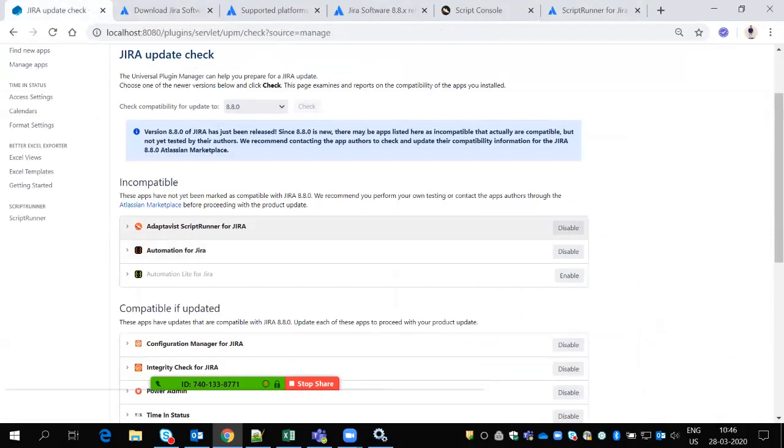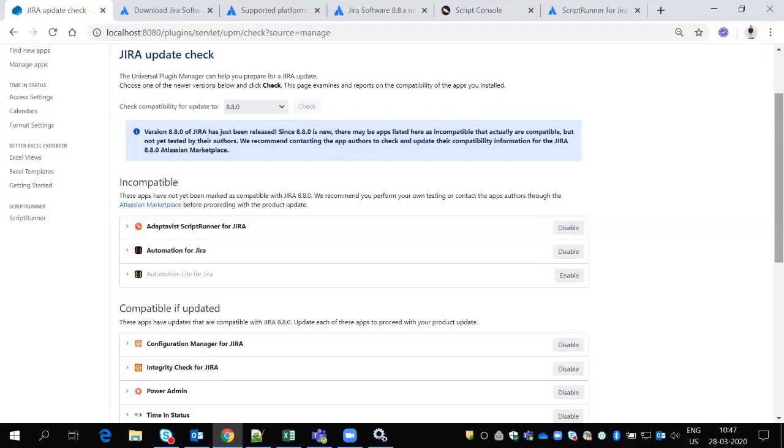And remember, in any organization they will not migrate to the latest version. The latest version is 8.8.0. Any organization will never go with the latest version because they don't know what bugs are there in it. So they will always use a version from about six months back.